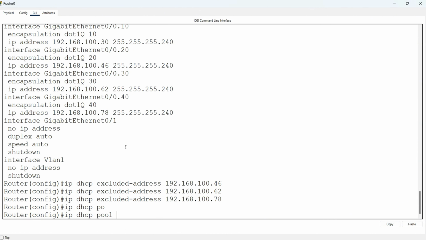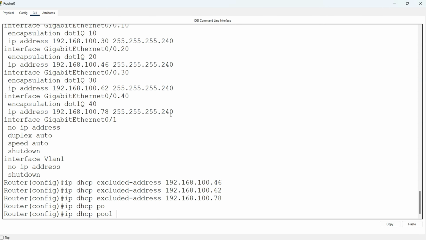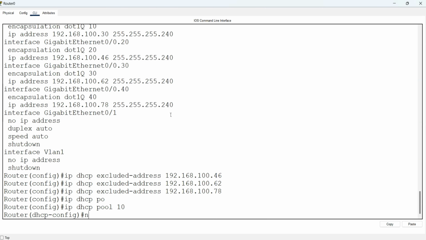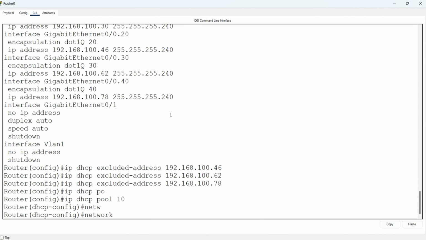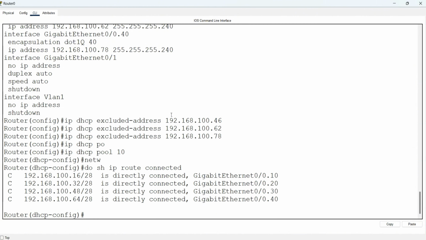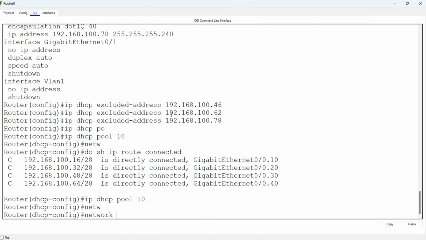I'm going to call the first one, let's say, should I do it according to the VLAN? Let's say VLAN 10. All right, that's fine. Network is what? 192.168. What is the network? In this case, what I like to do is show IP route connected. See that? Okay, so I'm already in the pool of what over here? 10. So now I'm going to do the network, which is